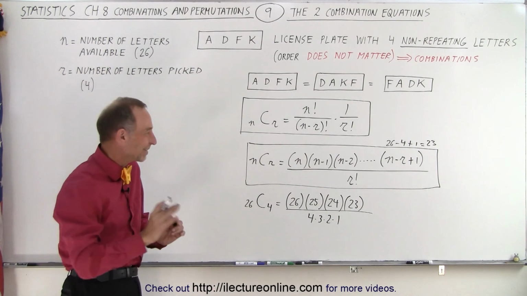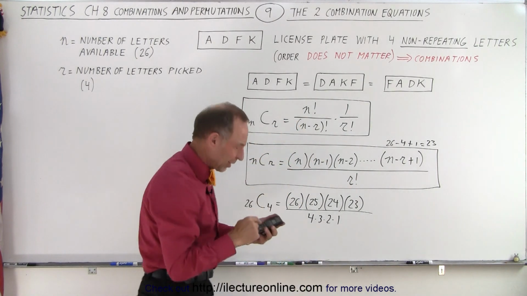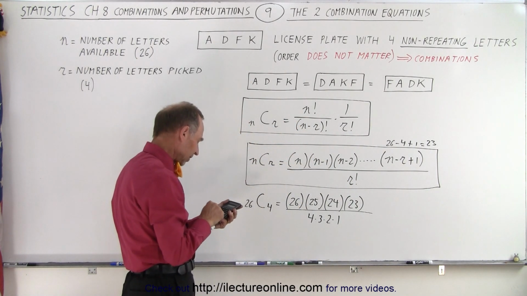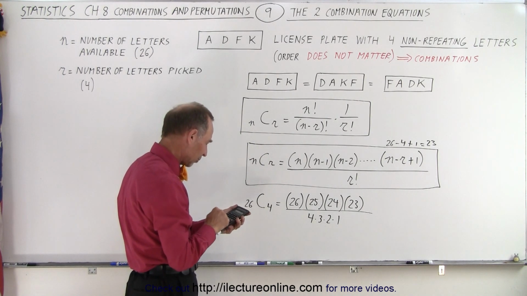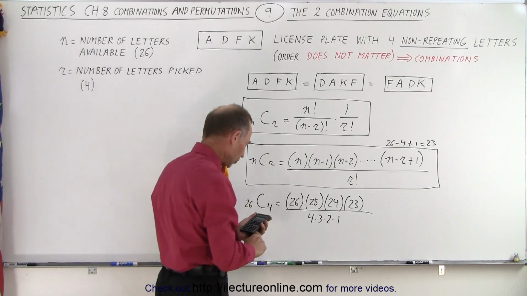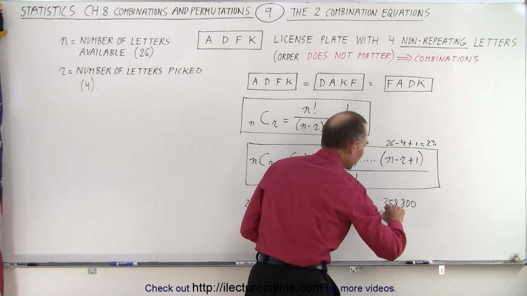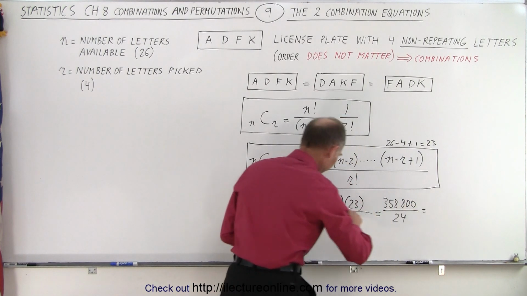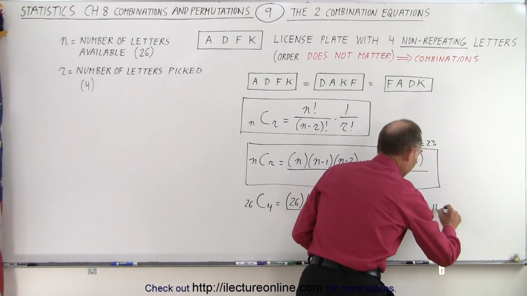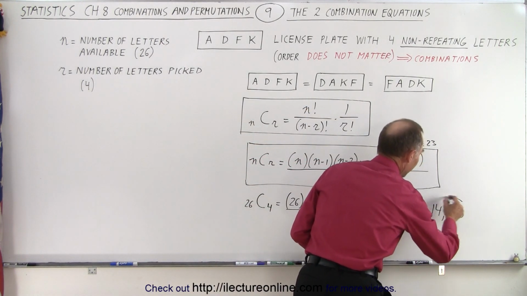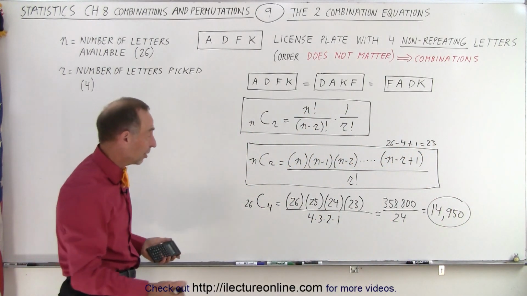Notice we end up with the exact same result as last time, in the previous video, and so if we calculate this, we get 26 times 25 times 24 times 23. So we end up with 358,800 divided by 24, because 24 is equal to 4 factorial. So divide by 24, and we get 14,950 total combinations. And so you can see that either equation will give you the very same result, because notice